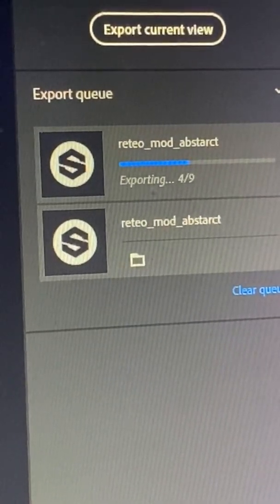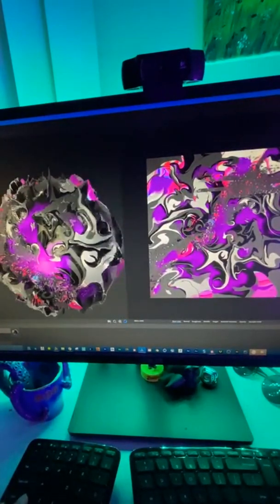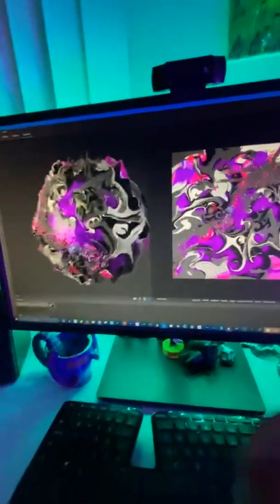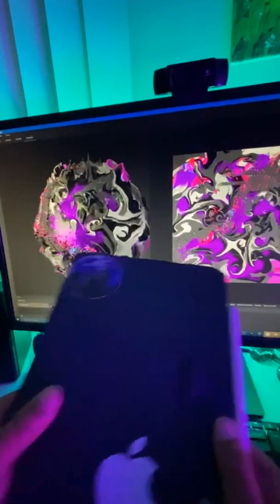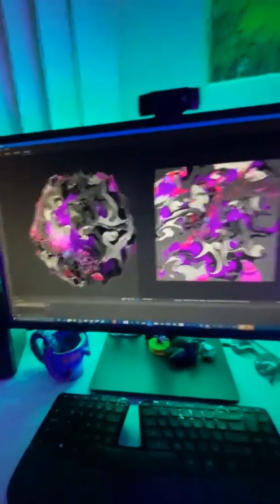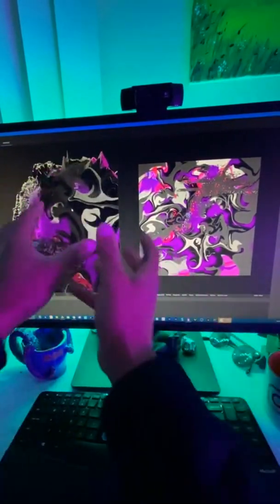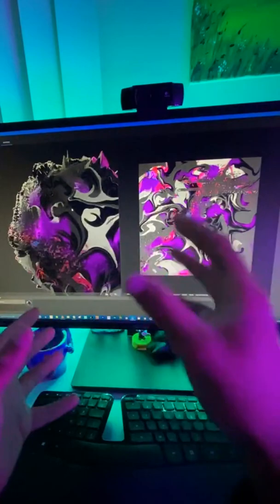PNGs are awesome. If you want to go even higher quality than a PNG, you definitely want to export an EXR file, because that's how we can get this to be extremely high quality. So right now, we made this whole thing on an iPad, and then we just brought in our final 2D texture into these procedural AI tools to extract all this wonderful 3D data. And now we can take this 3D data and